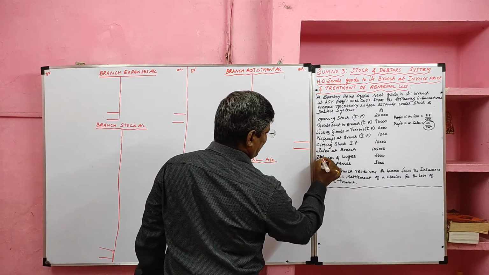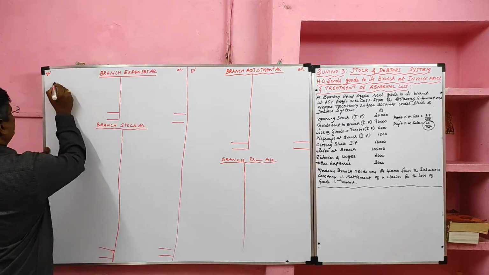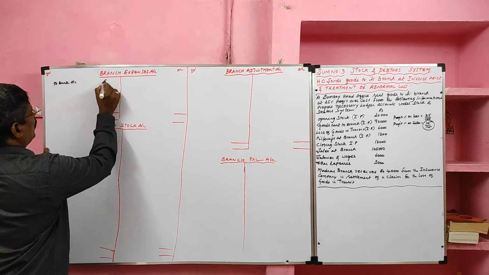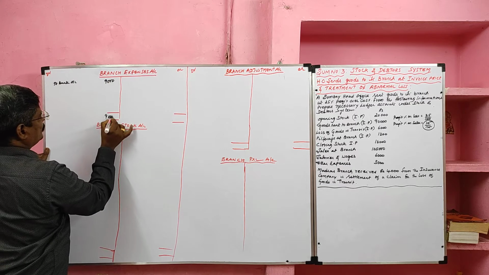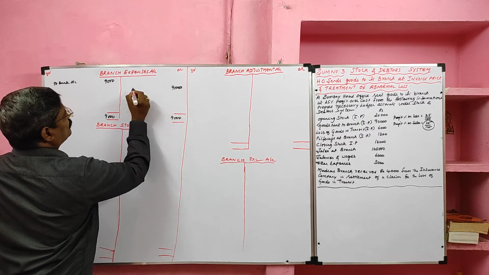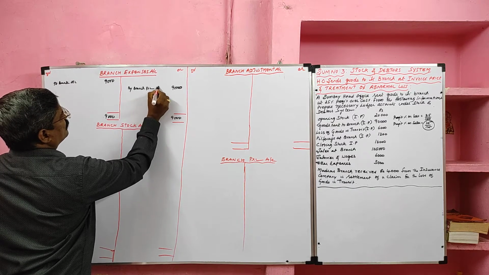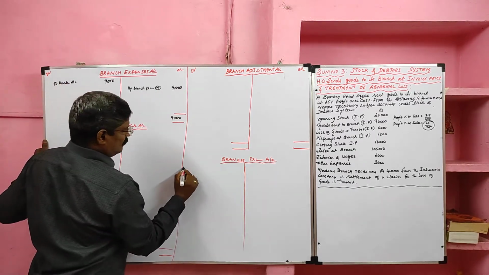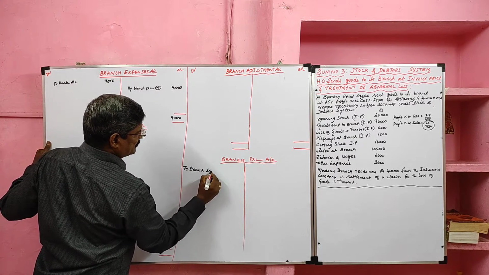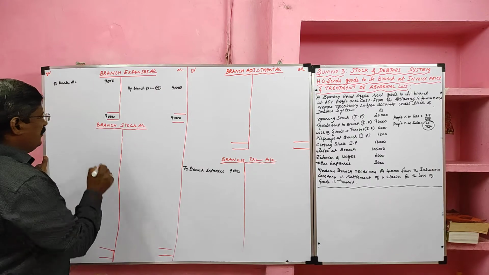Here two expenses, both are cash expenses: salary, wages and other expenses. Both should be recorded in the branch expenses account debit side, as to bank. Its total 9,000. It should be transferred to the branch profit and loss account. In branch profit and loss account, the total expenses should be debited as branch expenses account, value 9,000.